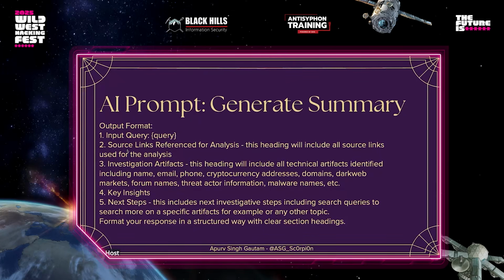If I remember something it should also return, I just keep adding it, and so on. The reason I had to add all those things, like name and email, is that the model, in this case ChatGPT itself, doesn't know what an investigation artifact is from our CTI analyst point of view. For example, I had to add cryptocurrency address because it was not giving the output with the addresses. So the model doesn't know, right? You have to tell the model what you need. In this case, I knew what I needed as an investigation summary, so that's where I added this.